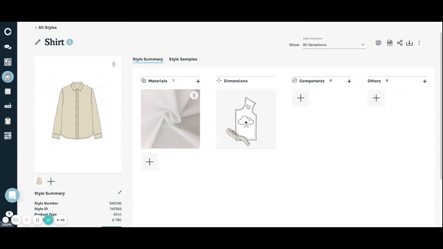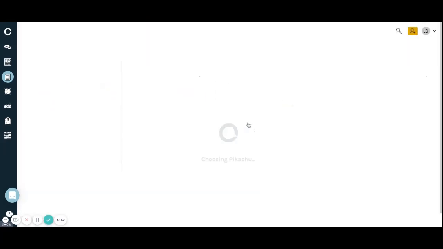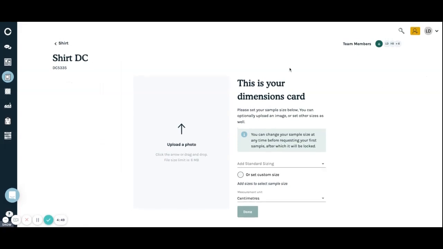Here you'll then see the next card is called Dimensions. If I click into Dimensions, it will come up with this compulsory screen that you need to enter a photo for. That photo could be your flat drawing for the style, so it might not have color in it. If I click onto this, let's see if I have an example of a shirt flat drawing. I'm just going to use the same one at the moment